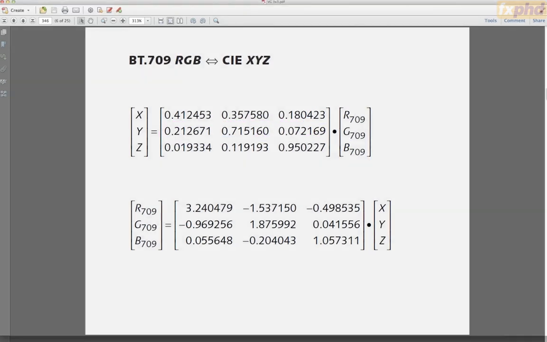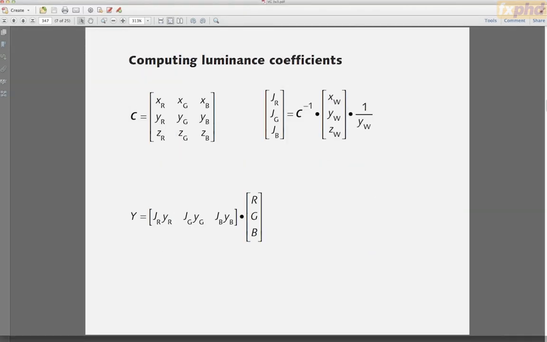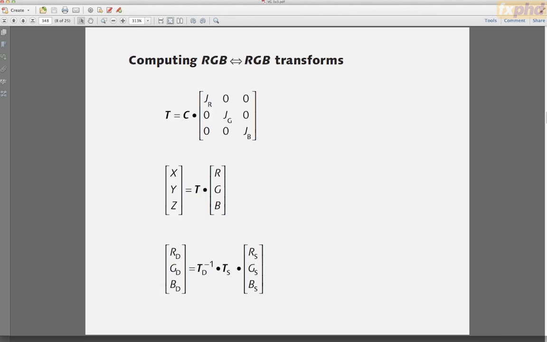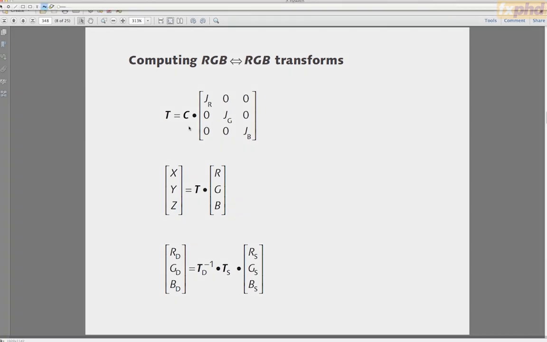And you compute that using this math. You can then go and compute the rest of the matrix by doing this. So it's just a couple of dot products, and it's honestly pretty simple math. So what we do is we take the dot product of the chromaticity matrix with the diagonal matrix having those scaling factors. That forms a matrix T, which is then the matrix that transforms from a particular flavor of RGB to a particular flavor of XYZ.